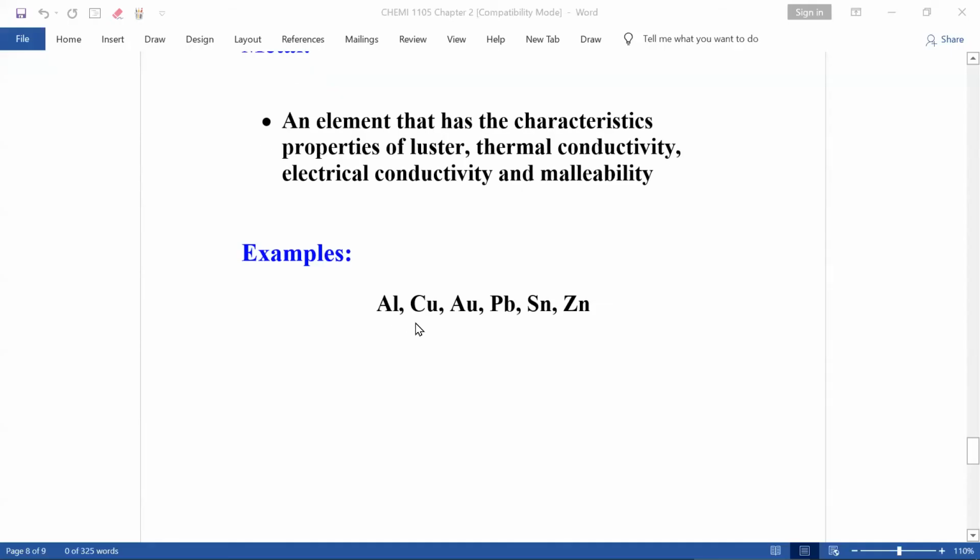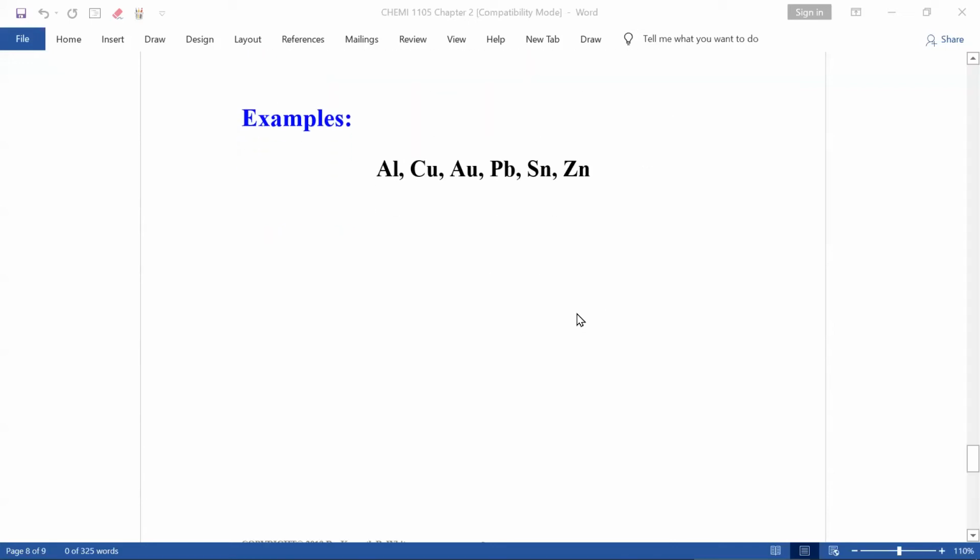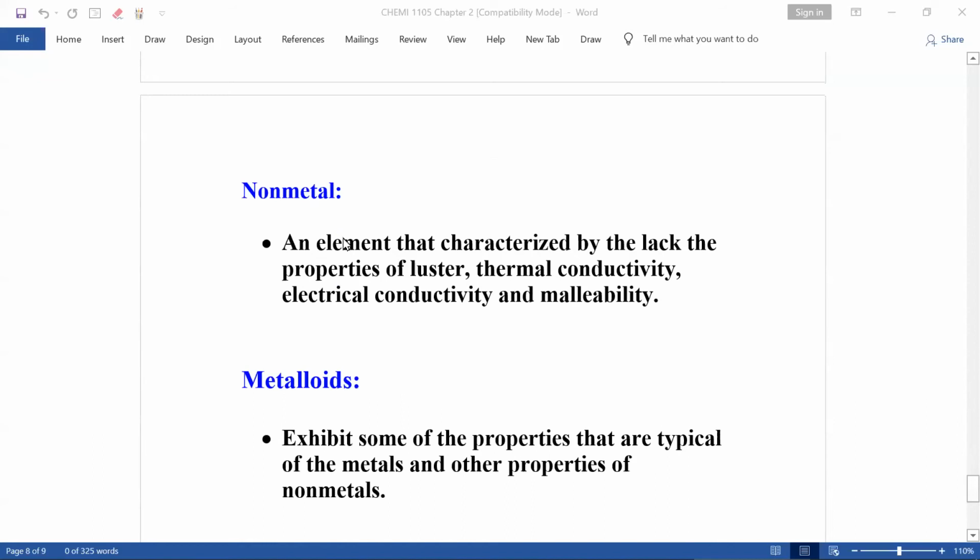That's a good question. So what are examples of metal? Aluminum, copper, gold, lead, tin, zinc are all metals. Now, we also have a non-metal, and non-metal lacks the properties that metals have: luster, thermal conductivity,